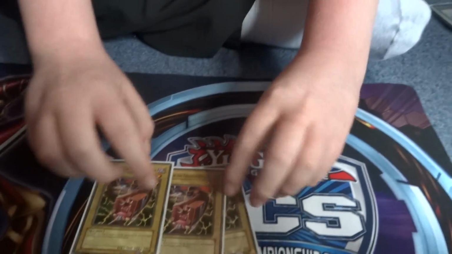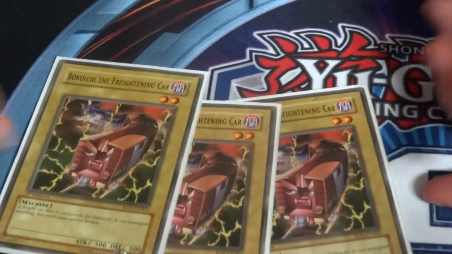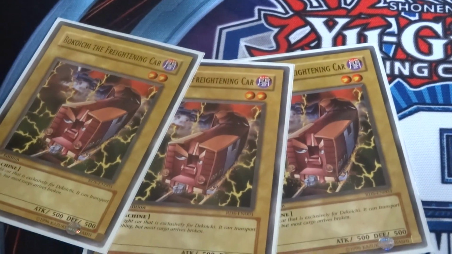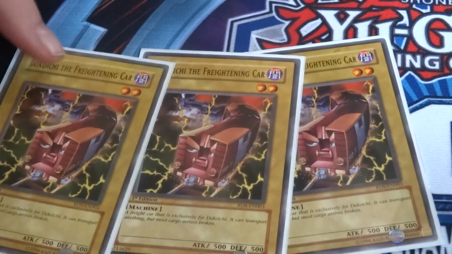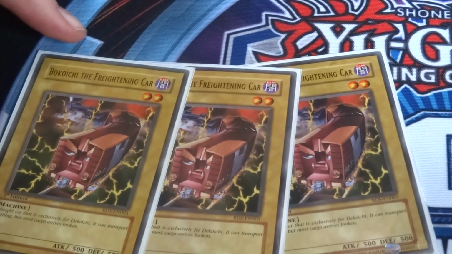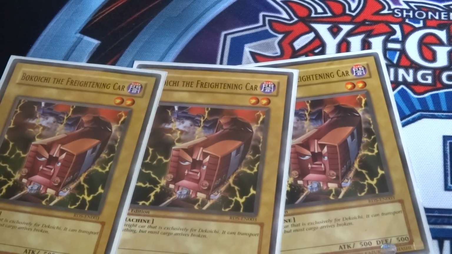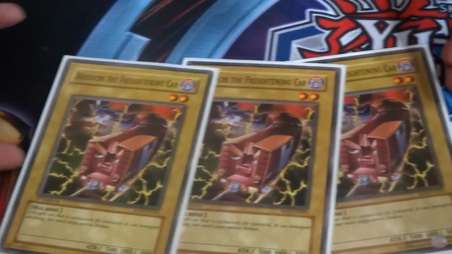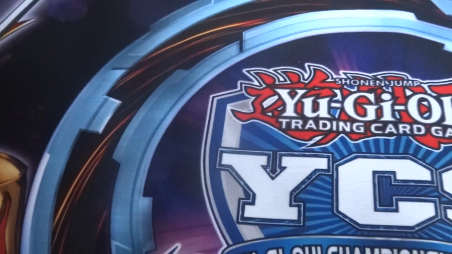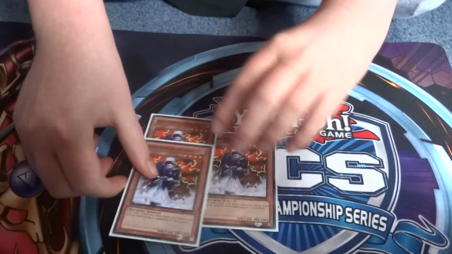Right. So we have our 3 Bokoichi. The only reason this is in this deck, first of all, in my plan, I have a rank 2 idea that I'm basically going to add a rank 2 to this, or maybe 2 of them. I'm not sure. But the main thing for that would be for exceeding. So if you've got any suggestions, please let me know. But at the moment, it's just to combo off with this guy,